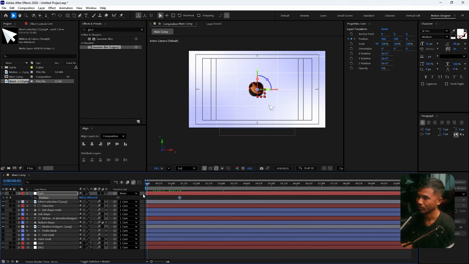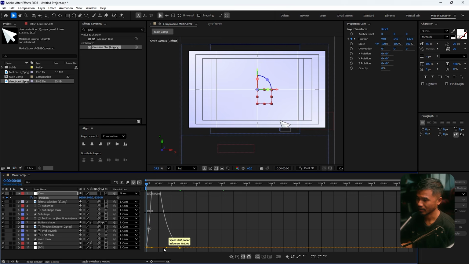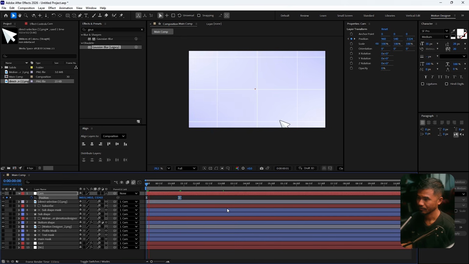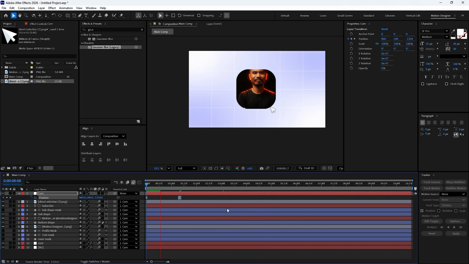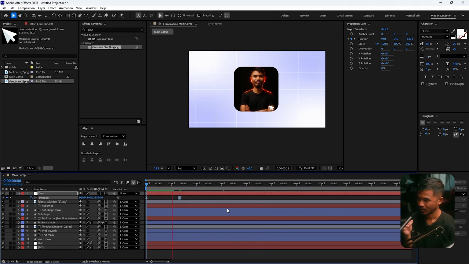I'm going to go back to the first, and I'm going to zoom it in using the Z position values, and it will come up like this, right? Select all the keyframes, F9, and set it curves like this. Okay, it looks really nice now. Just rename this